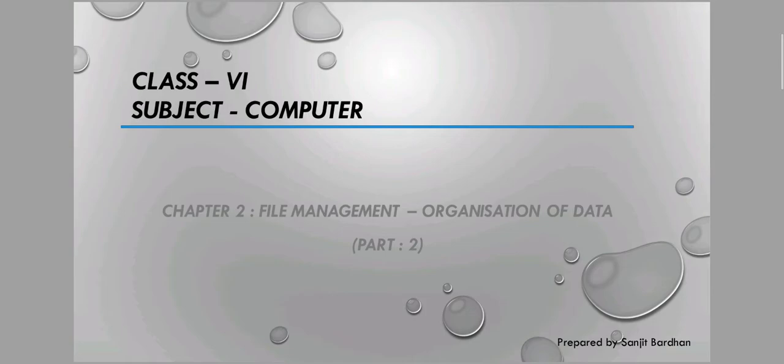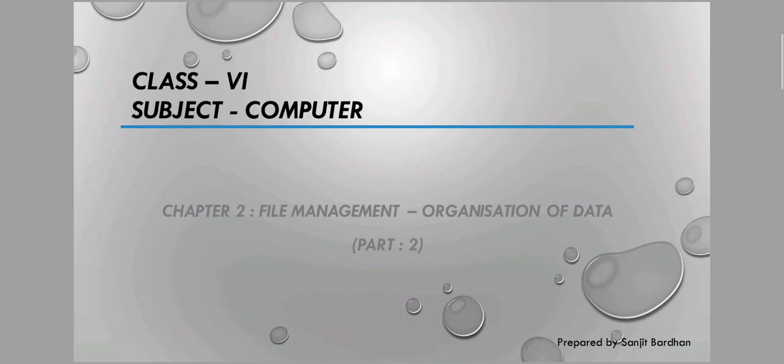Before starting the discussion, I would like to tell all of you that the computer copy carries 20 marks. So all of you should write all the question answers in your computer copy. I hope all of you have already written and learned the first chapter question answers, which I have already provided to you. As I told you, I would provide all the question answers as a PDF. You need to click the link in the YouTube description box and the PDF will automatically download on your phone. Then you can easily write the question answers in your computer copy from the PDF.